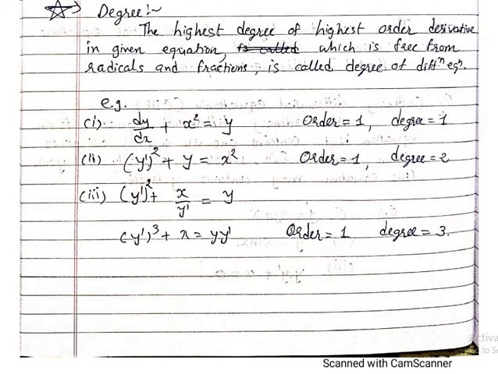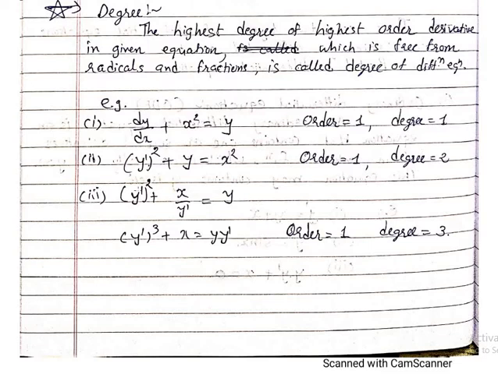So the degree is also 1. In the same manner, the second equation I have written is y dash square plus y is equal to x square. Here also we have a singleton derivative y dash, correct? So basically here y dash, that means the first order derivative is there, so the order is 1, and the raised power, the degree, is 2 because you have the whole square of dy by dx, so the degree will be 2.